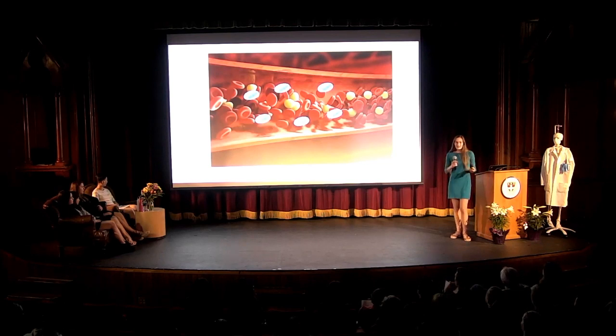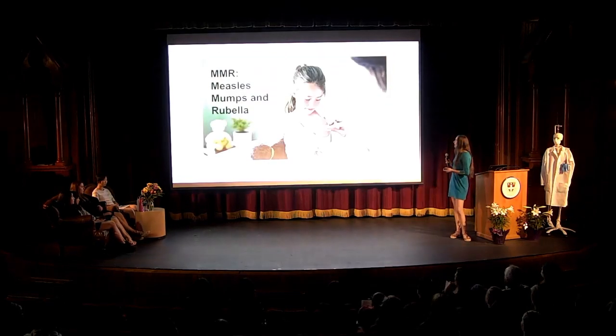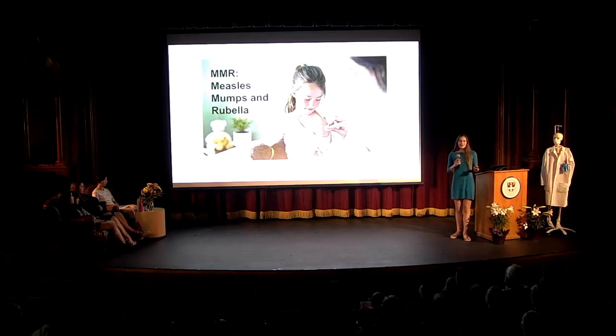Let me show you a study that illustrates this. A group of children were given the MMR vaccine, also known as the measles, mumps, and rubella vaccine. Their first dose was given at 15 months of age, and their second while they were in kindergarten. Several months later, their blood was drawn to measure each child's strength and immune response. Here's what they found.